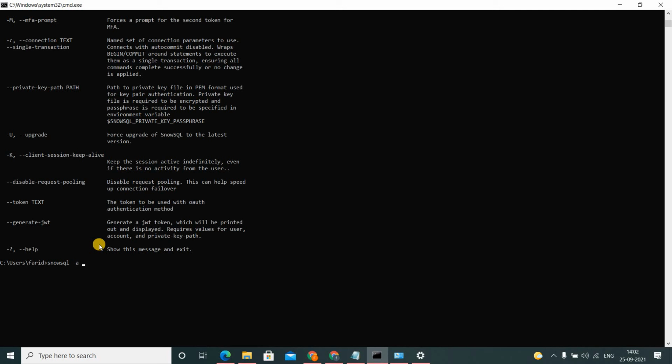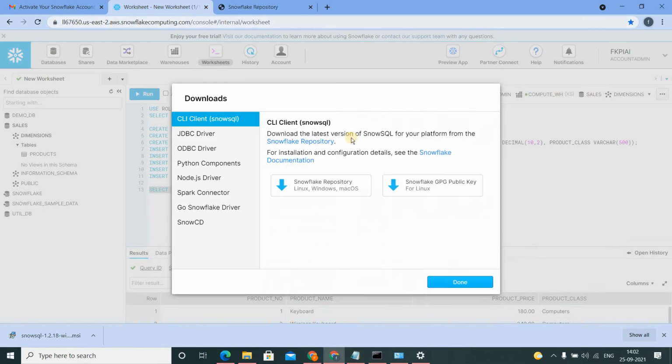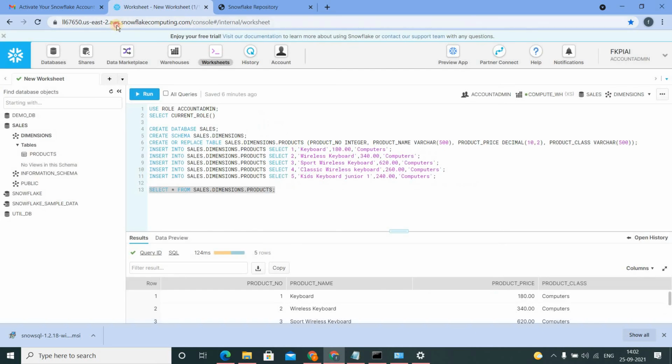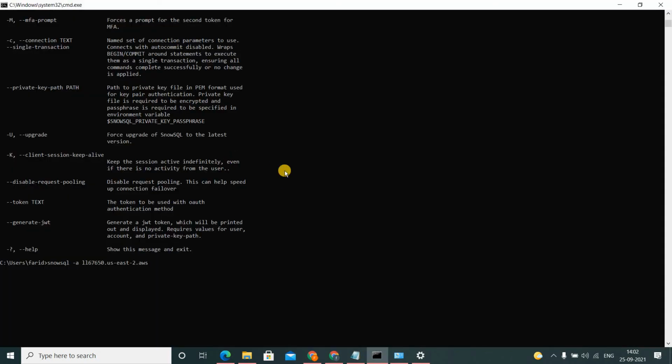Here we need to provide our Snowflake account string. So which is our Snowflake account string? This is the Snowflake account string I'm giving here, and then we need to provide the username. Okay, so my username is FKPIAI and say enter.